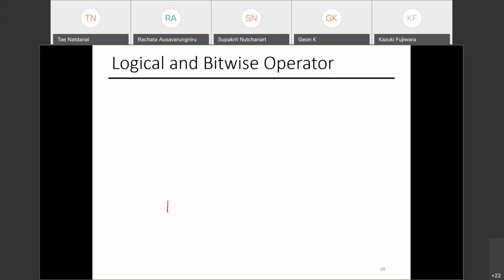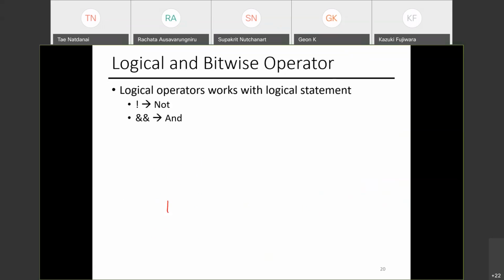There's logical operators as well. You can do and, not, or by using this. This is useful when you have an if-else statement that you want to check multiple conditions. A equals B and C equals D. For example, you want to check if A and B have the same value and C and D have the same value. You can replace the and with the or. That would also serve a different purpose.